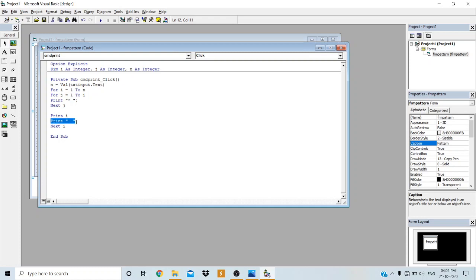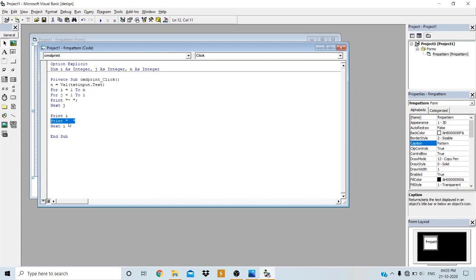It is going to give a blank line. Okay, if you remove this print statement, that is the empty space here, it is going to leave a blank line after printing each of the pattern lines. It is going to leave one blank line.